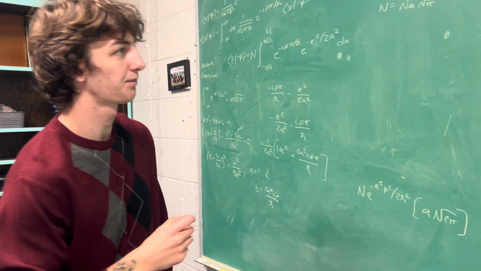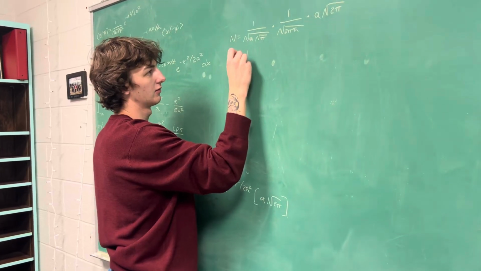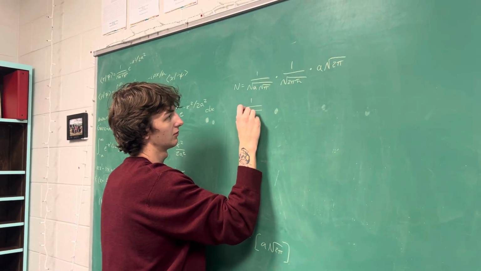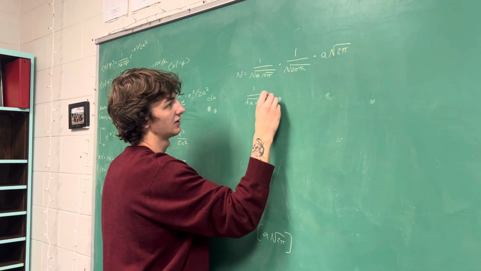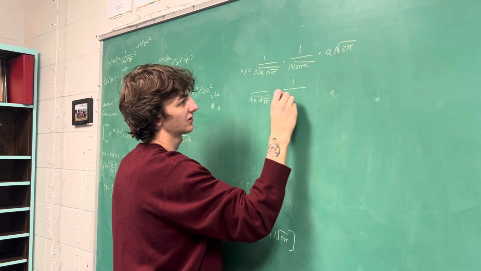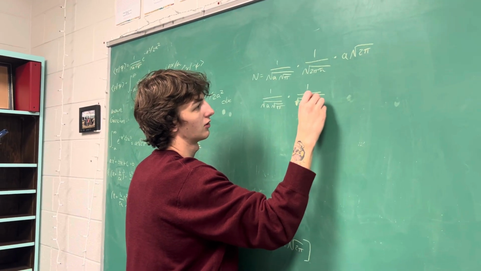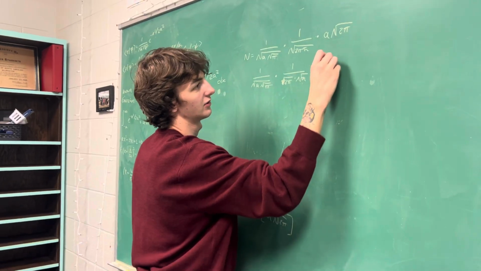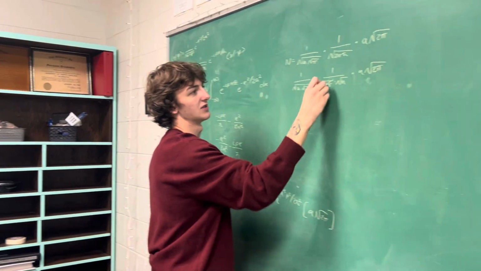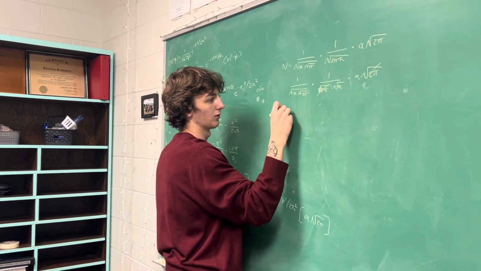So what I'm going to do is rewrite this second term so you can easily see where the cancellation is. This second term is the same thing as the square root of 2 pi times the square root of h bar. And this third term is still a square root of 2 pi. So you notice these will cancel. And we're going to be left with